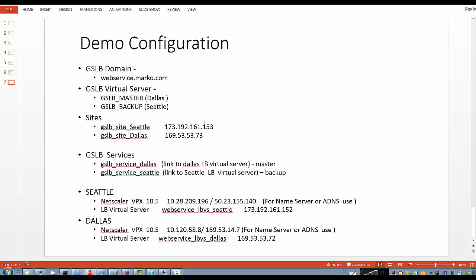These are the sites that we are configuring. So this is a site. The sites will basically correspond to the load balancing virtual servers at each site, or the netscalers, essentially. And then these are the services. Each service actually links to one of the load balancing virtual servers. So we'll link the Dallas service to the Dallas virtual server and make that a master. We'll link this GSLB service in Dallas to the master,